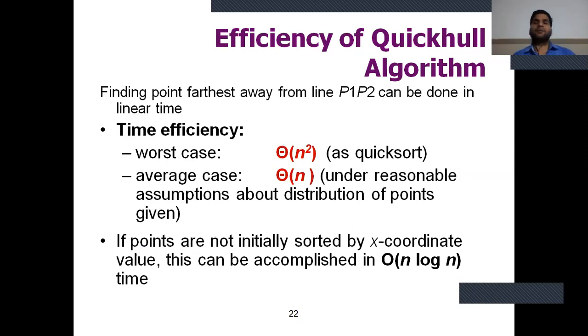And the efficiency of the quick hull algorithm, like quicksort, is theta n square in the worst case, and in the average case, under a reasonable assumption about the distribution of points given, the time complexity equals theta n. If points are not initially sorted by x coordinate value, this can be accomplished in order of n log n